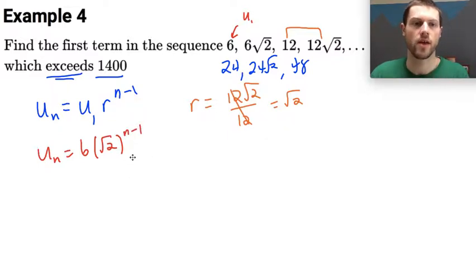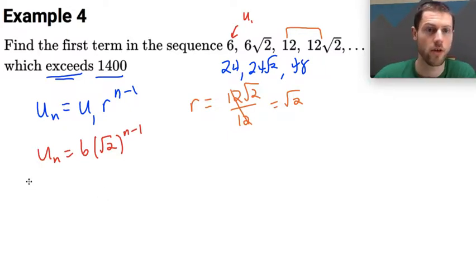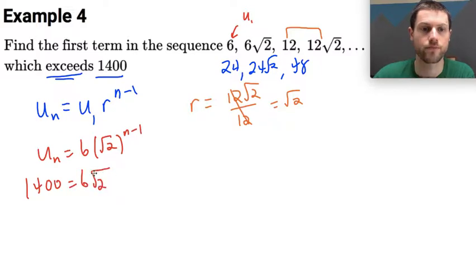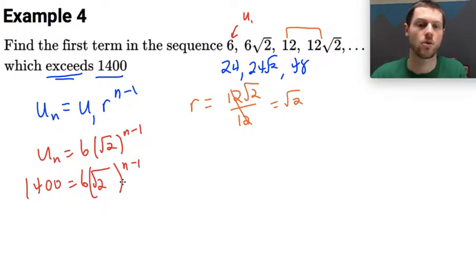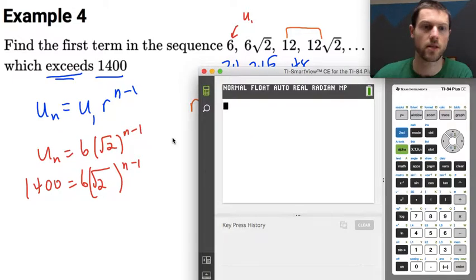So now that I know that, I want to know when this sequence is going to exceed. I want to know when it gets above 1400. So at this point, I suppose you could do some solving. You could set it equal to 1400, and you could solve for your n, and then take whatever the next n is, or we can use the graphing calculator to help us out here as well. So I'm going to take an approach using the graphing calculator, and I'm going to use the table function by coming up with a list of these terms